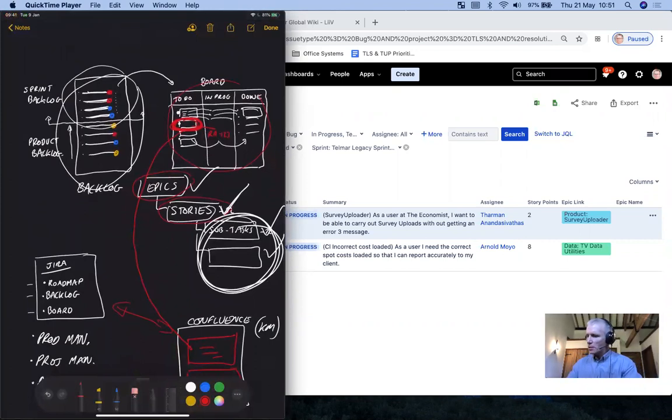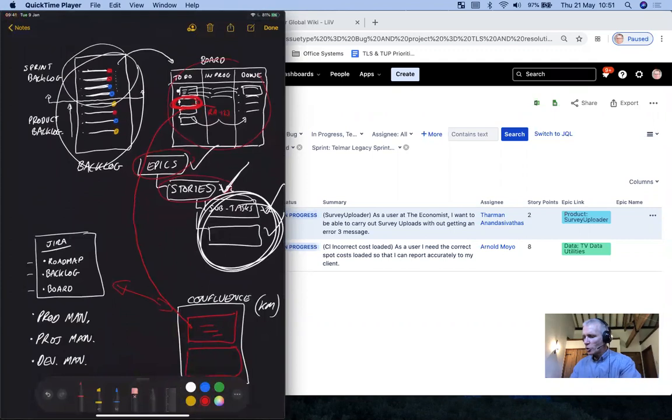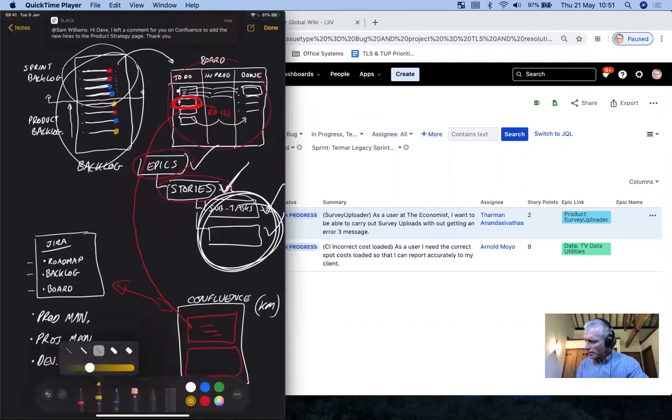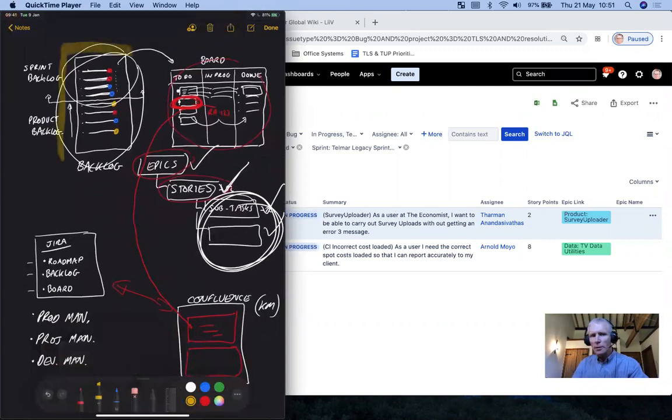So the key things to highlight in Jira and in Agile would be the following. Let's go for a little highlighter here. The key things would be, there is this thing that is called the backlog. It's the list of stuff we want to work on.